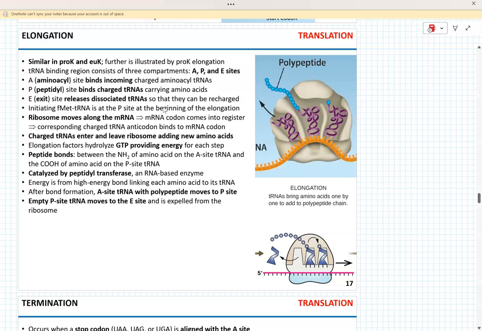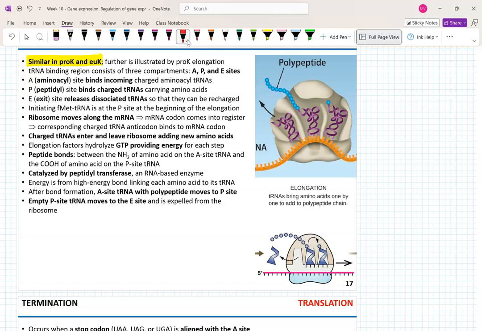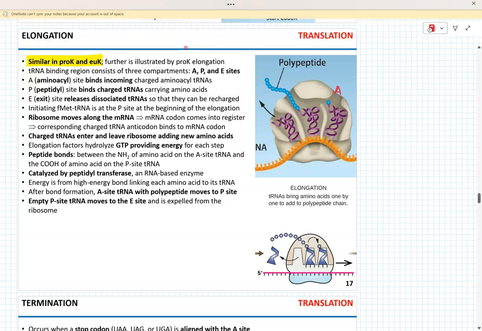So how is protein synthesized? In other words, what happens during the elongation? The process of protein synthesis is similar in both pro- and eukaryotes. Here we're going to illustrate the translation elongation using prokaryotes as an example. So the binding region of tRNA that's located in the large subunit consists of 3 compartments: the A site, the P site,